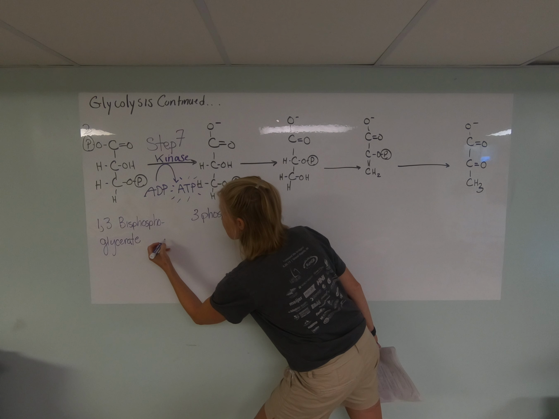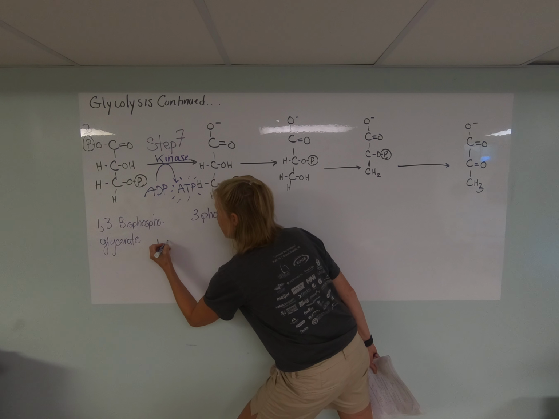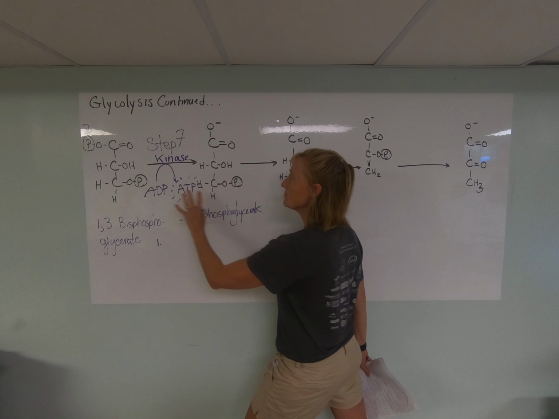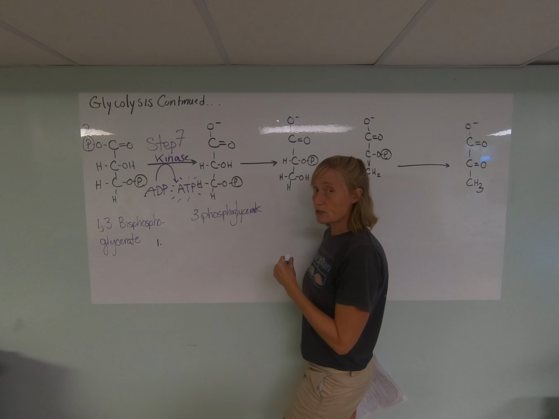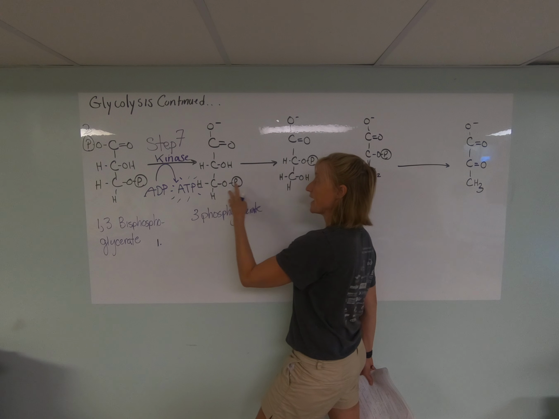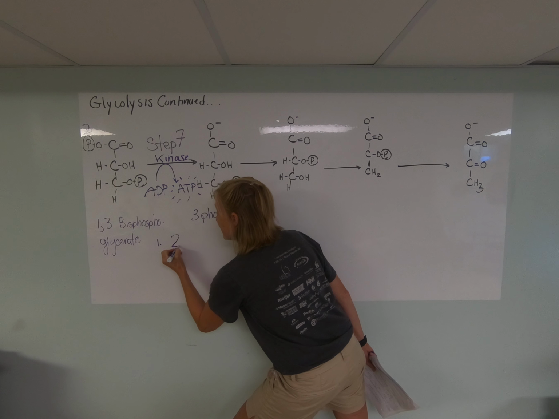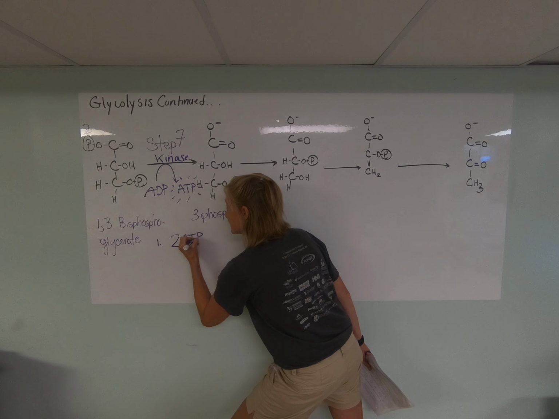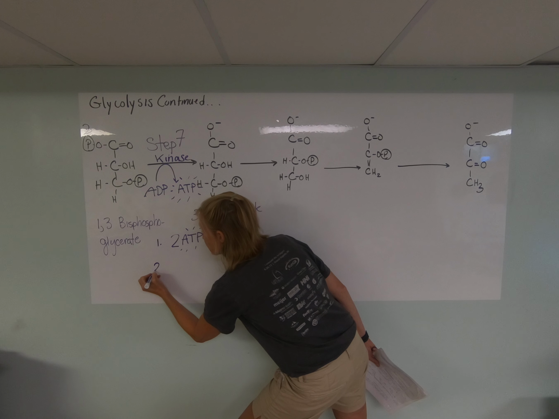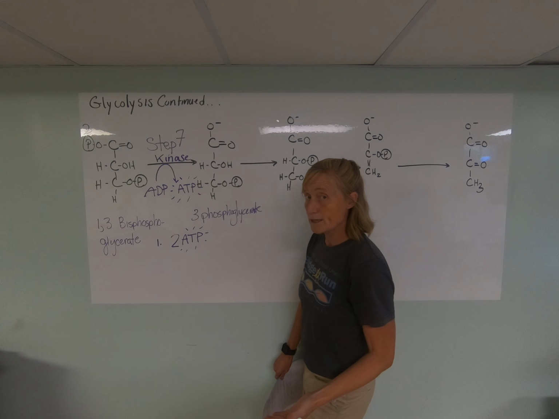I'm going to write that down here as a few important things. So we've made, how many ATPs? It looks like 1 in my picture, but remember, if we're following 1 molecule of glucose through glycolysis, we've got this reaction happening twice, all of these reactions happening twice. So we make 2 ATPs. Okay, that's a great source of energy there. By the way, there's a special name for how we make these ATPs. It's called